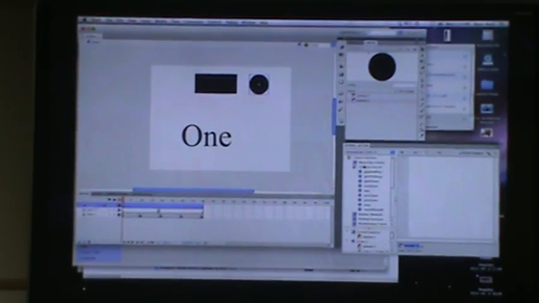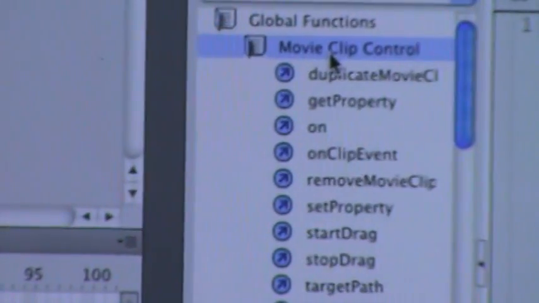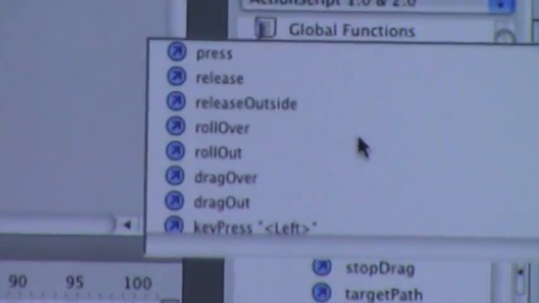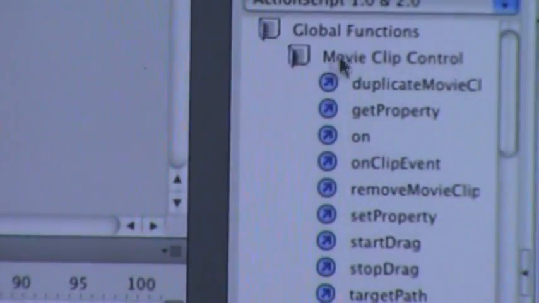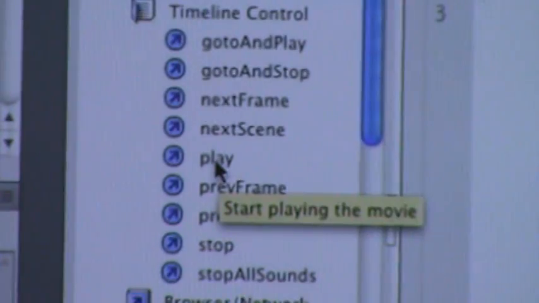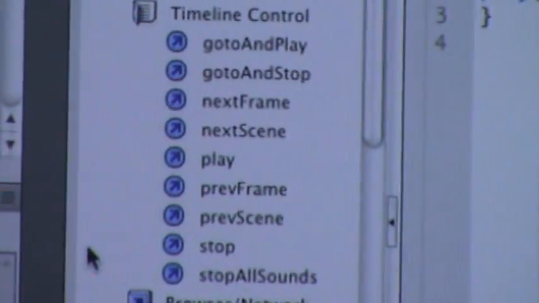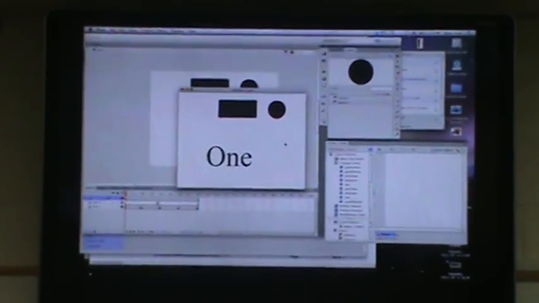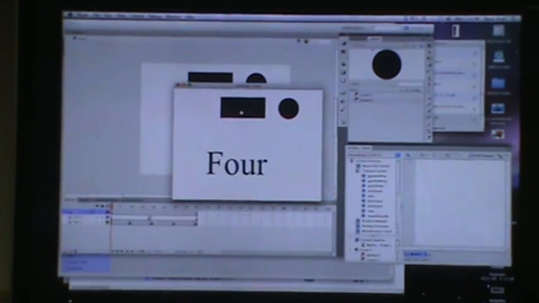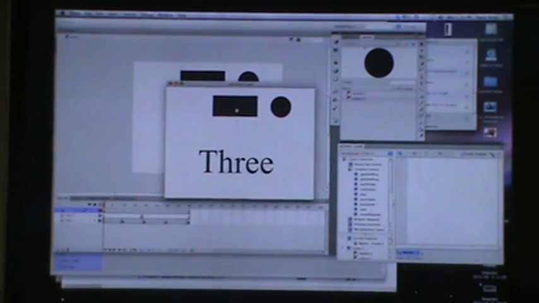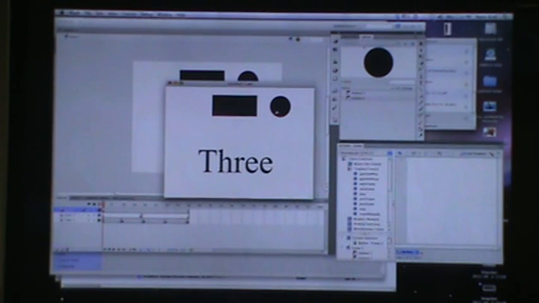And here I'm going to do on, release, timeline control, play. And we'll test it. Skipping 3, I click the rectangle, stops on 3, if I click the circle,